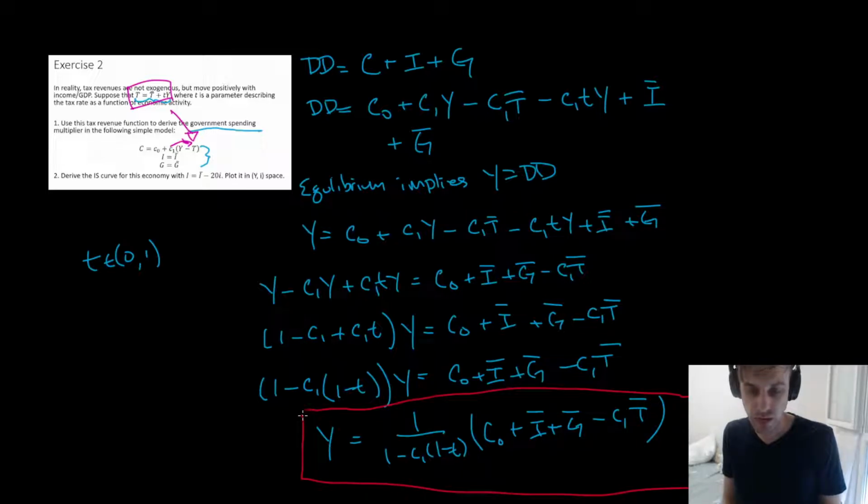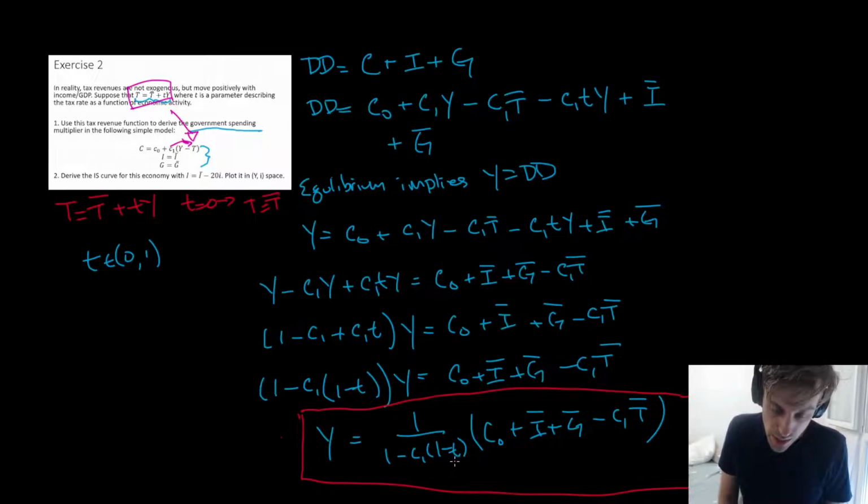Now when you change a model, this is something I mentioned in the TD and I want to emphasize again. When you change a model, it's nice to see whether you can recover the original model. Why? Because it lets you know that you didn't make a mistake somewhere. So if you look up here, we used this function T equals T bar plus t Y. And so we know that when t equals 0, then T equals T bar, which is our old model. And so if we come down here and we plug in t equals 0,